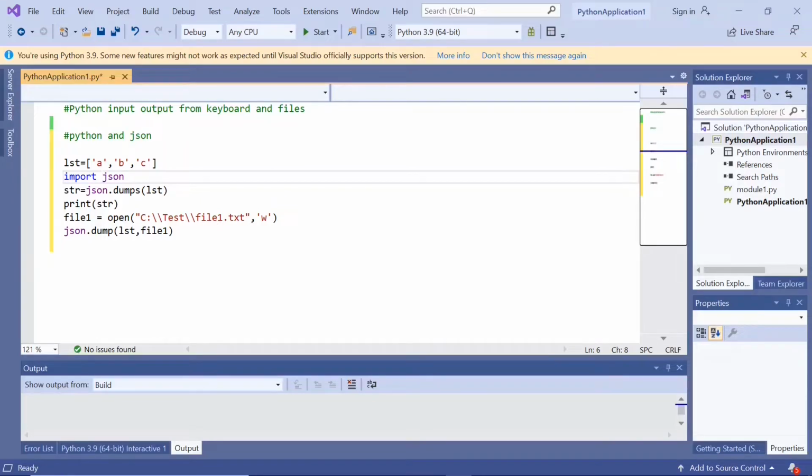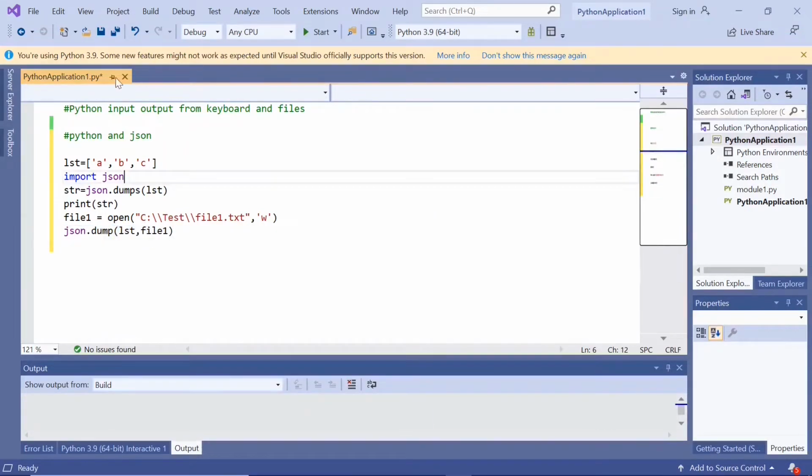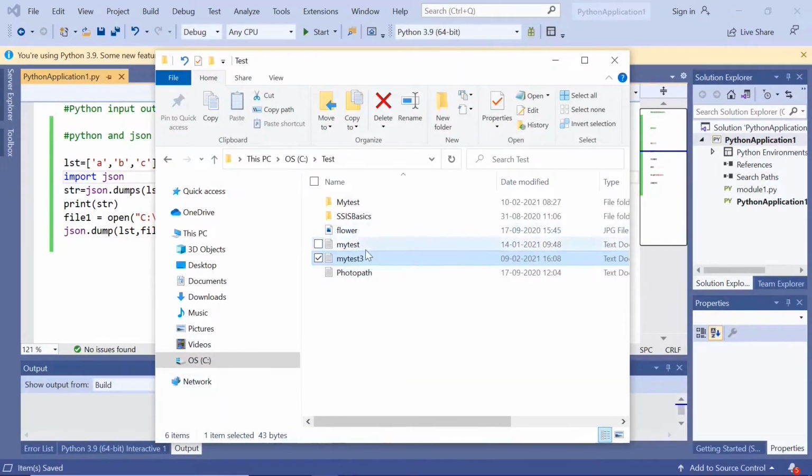And here I am opening a file object. File1 is equal to open ctest file1 dot txt in write mode, and here I am doing JSON dot dump of that list object into file1. So let us see, in ctest there is no file1 here. So let us